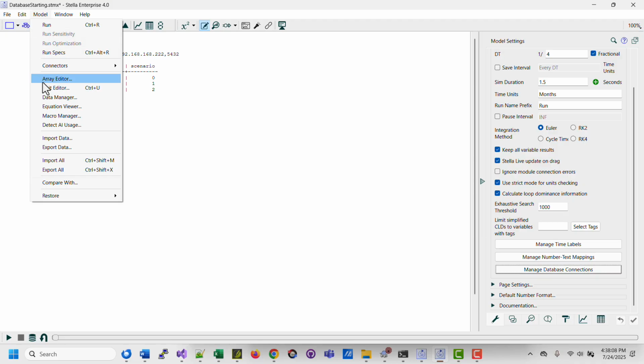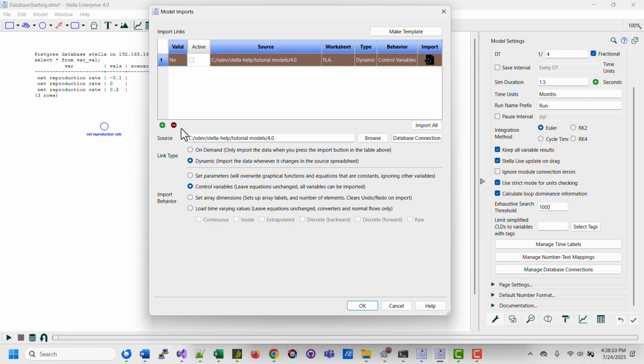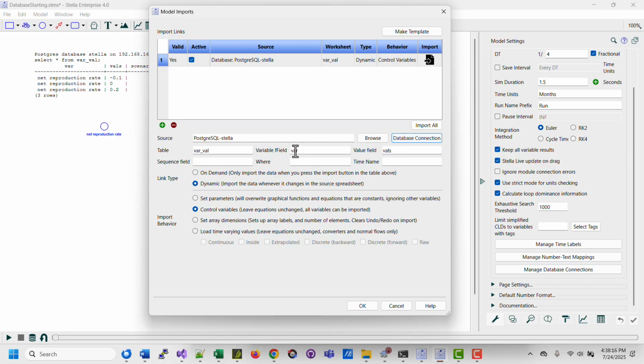When I go to Model, Import Data, one of the options for the location or source is a database connection. There's only one, so it just fills it in. And this is going to be from the table var_val, which is what we've got here, var and vals for the field names. And I'll put in a where clause here, where